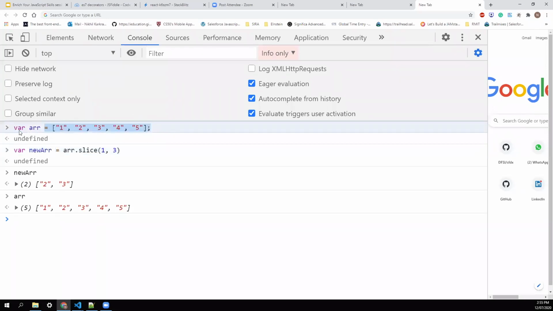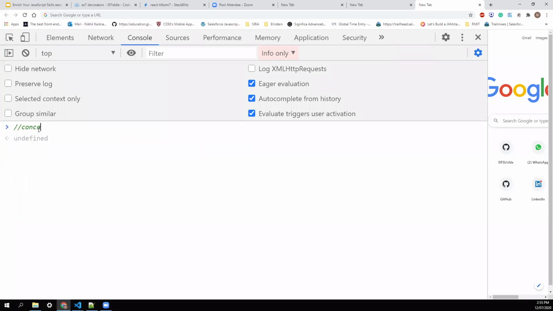Then there is another method called concat. The concat method returns a new array by combining the values of an array specified as a parameter with the existing array values. Suppose I have two arrays, one is X, one is Y, and I want to add these elements to my X array, or concat them.